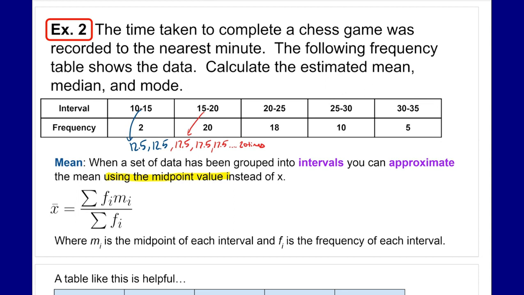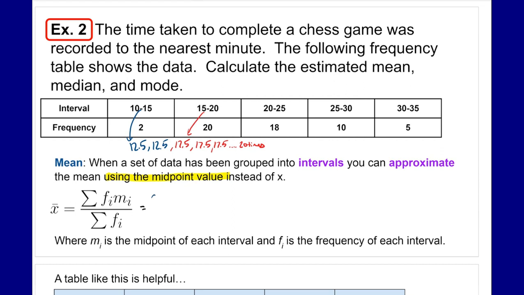The formula is still roughly the same, right? X bar equals the sum of the frequency times the midpoint, right? Because instead of adding up 12 plus 12, we can do 12.5 plus 12.5. We can do 12.5 times 2 plus 17.5 times 20. Right? So if I was to expand this, what it would look like would be